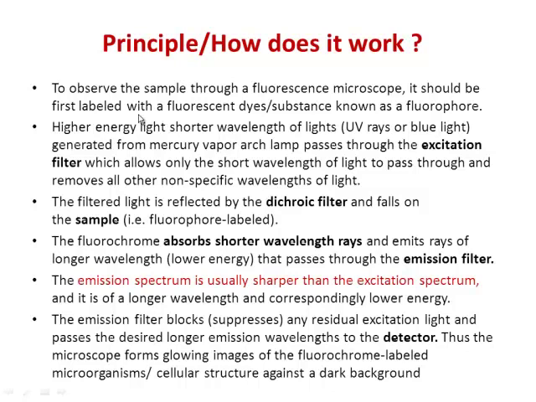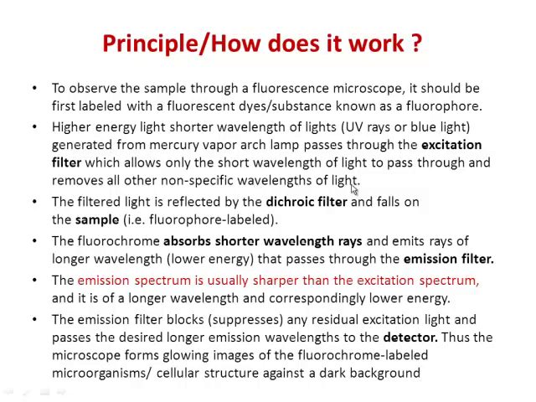But in the microscope you can see the color of the stained organelle or the stained part of the cell. Okay, so the principle is that higher energy light with the shorter wavelength, for example UV light or blue light, is generated from the mercury vapor arc lamp. This passes through the excitation filter, which is selected by the user. It allows only the short wavelength of the light to pass through and removes all other non-specific, unrequired wavelengths of